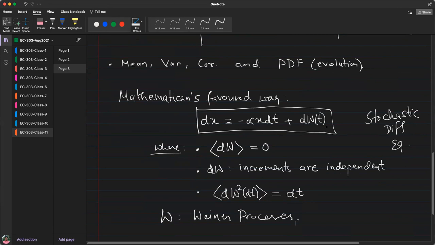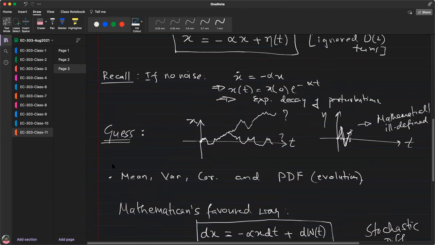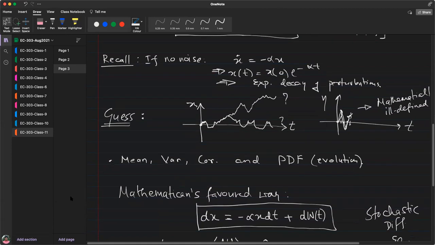Okay, it's 5:10 now. So we still have to do a few properties, right? Mean, variance, correlation, and PDF. Because today's class has been fairly mathematical, do you want me to stop here now and maybe take up all these things on Friday? I wanted you to think about this also. I didn't want you to just listen to me non-stop. I think when you also do exercises on Friday, you will get a cleaner understanding. So maybe should I stop here?